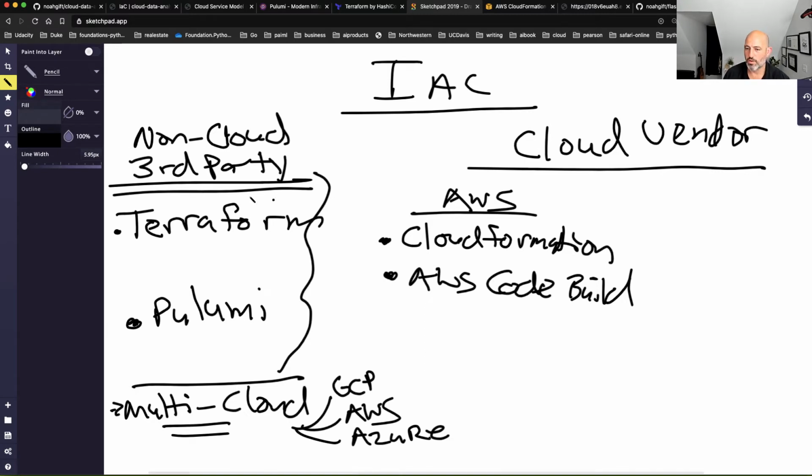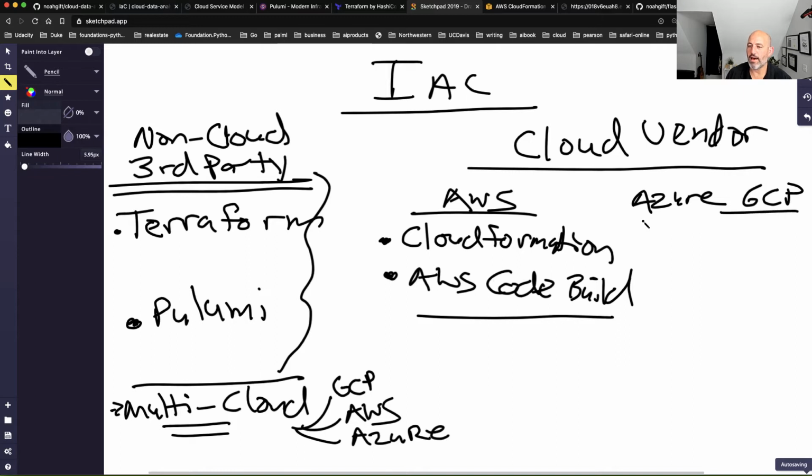And so really what you'll see with these cloud vendors, if they're Azure or GCP, is that often you have their native way of deploying, plus they have the build server, which I would still call infrastructure as code.